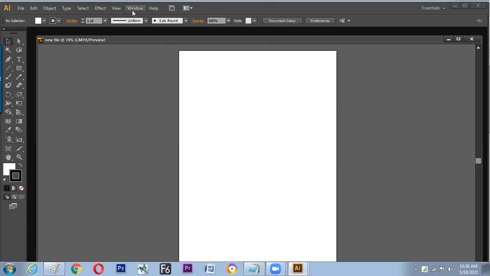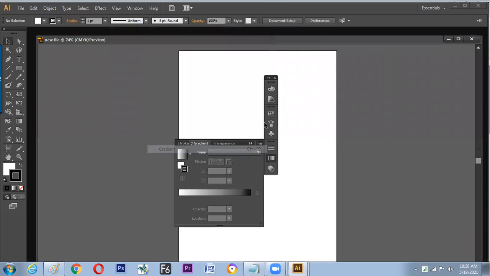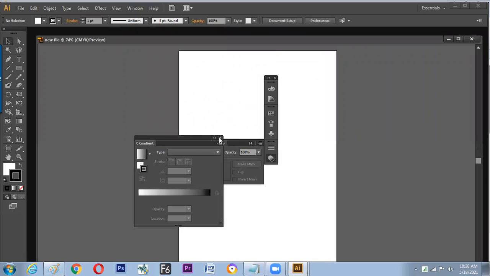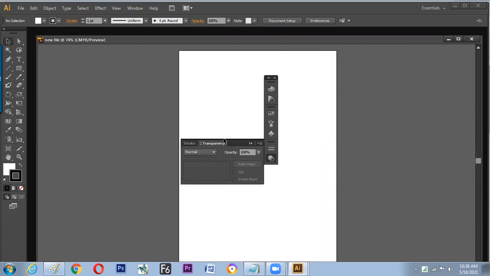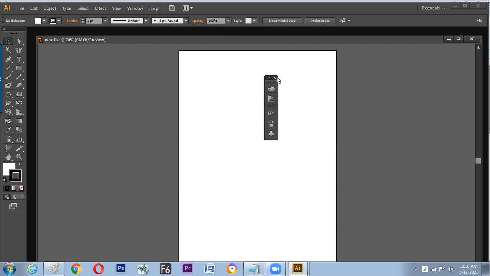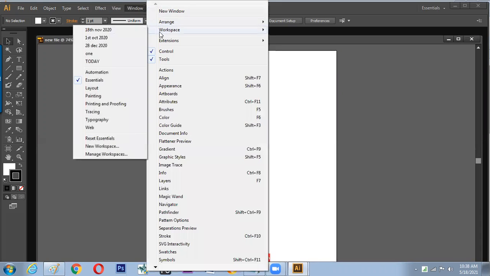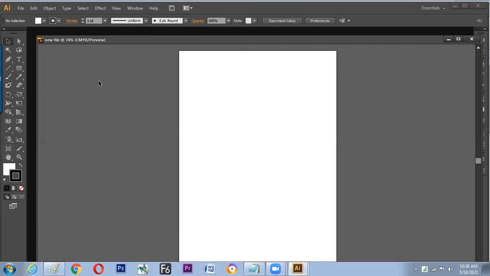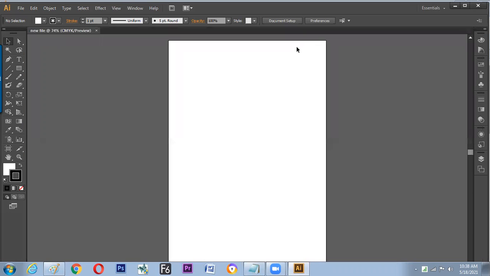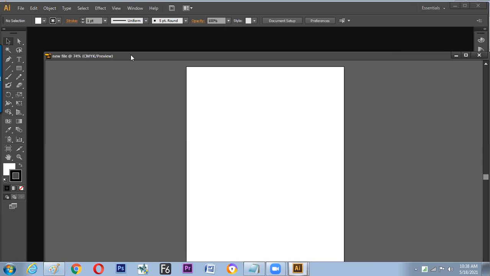And anytime if we wish, we can get it back from the Windows menu. Any document or any window can be brought up from which menu? Windows menu. And we have already learned workspace and reset workspace, which brings back the normal presentation. So hope we have seen now how to close the panels or the windows and how to load them up, how to make a new file, how to detach it, how to attach it, how to find the name. All these things are clear to us now.